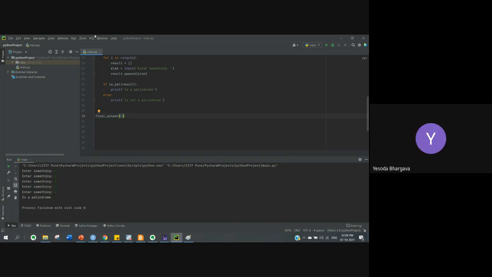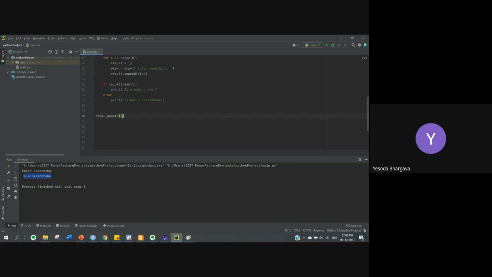1. Okay, so let us try it for 1. If I enter this, for 1 it's always a palindrome, so it is showing it's a palindrome.